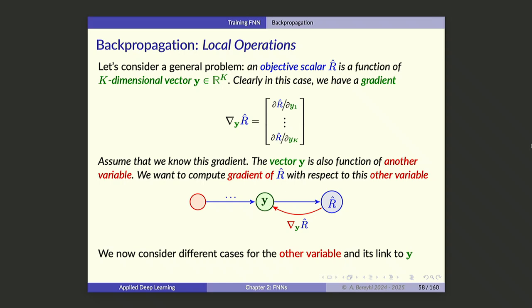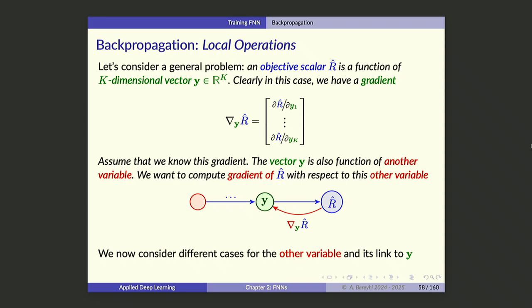So there is this particular red node. This is one variable. It could contain any mathematical object. And that thing is connected by one function to y. So y is an immediate function of this guy, right? And what I do now is the gradient of r hat, the final output, with respect to y. Now I want to use the chain rule, use the same backpropagation we did here, to find out how I can now compute the gradient of the final output with respect to z. The red guy, the red